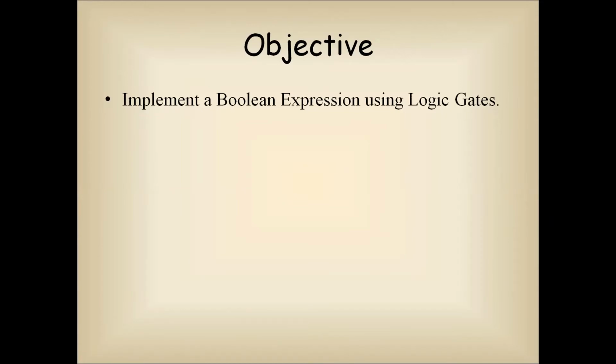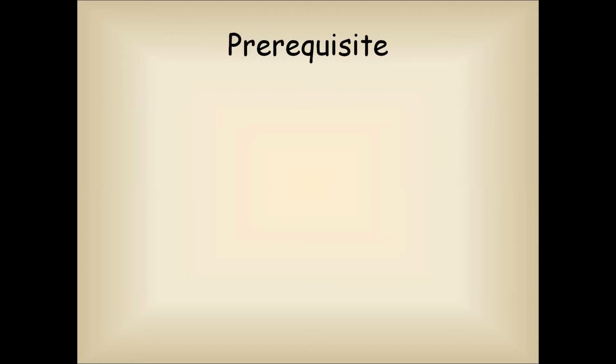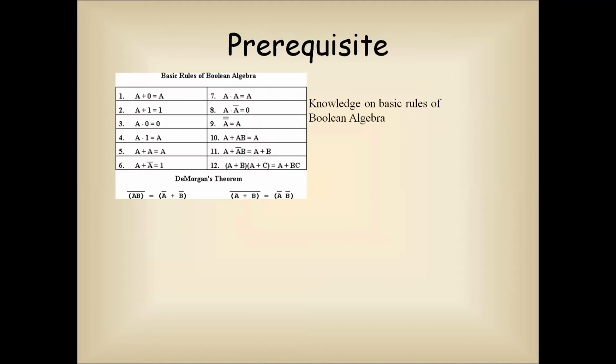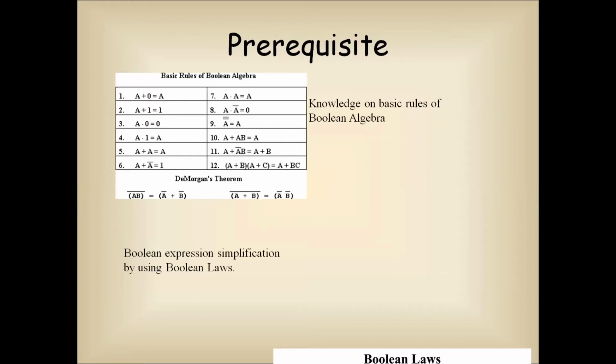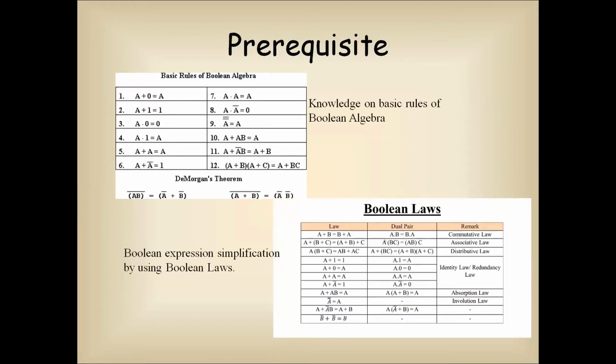Before performing this experiment, you need to understand what a Boolean expression is, what the different methods of representing a Boolean expression are, and you also need to learn how to simplify a Boolean expression. There are certain prerequisites that have to be met if you have to perform this experiment in an optimized manner. You need to know all the rules of Boolean algebra and the Boolean simplification laws. They are provided here for your reference.